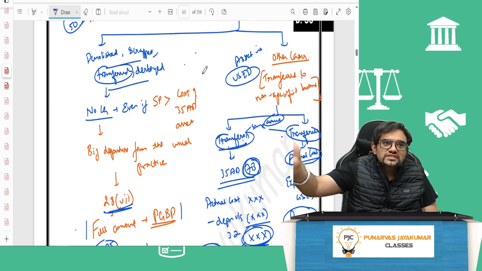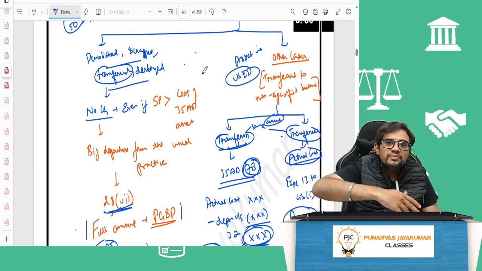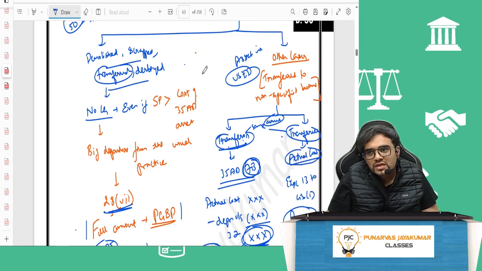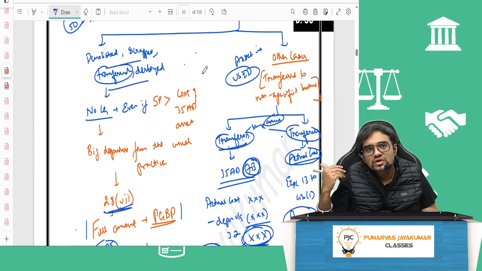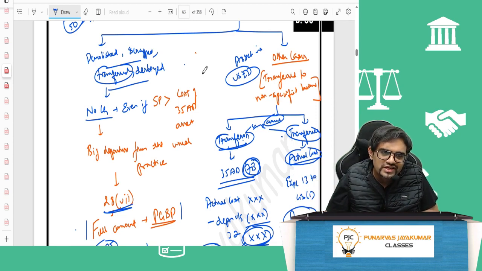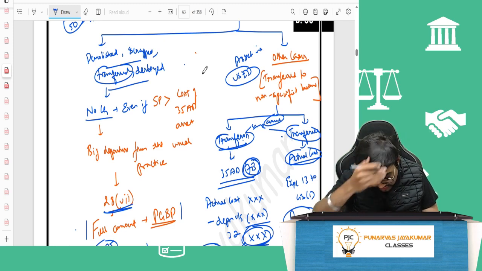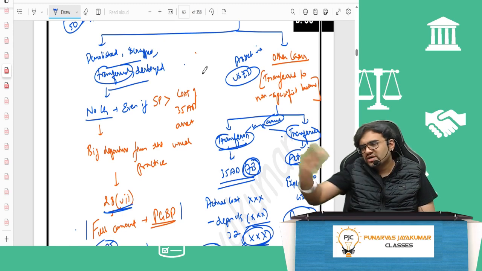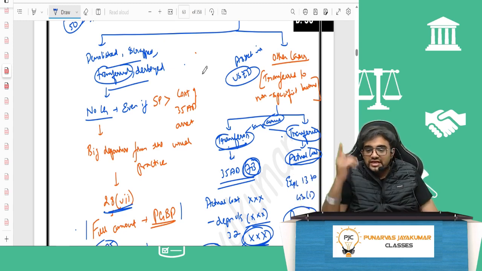So from a cold chain facility, you go for manufacture of paper. That is not covered. From a cold storage facility, you transfer it to your factory where you manufacture food, any food, some juice, etc. You need that cold storage facility to store your fruits, so you transfer it there, to non-specified business. Then, my dear friends,